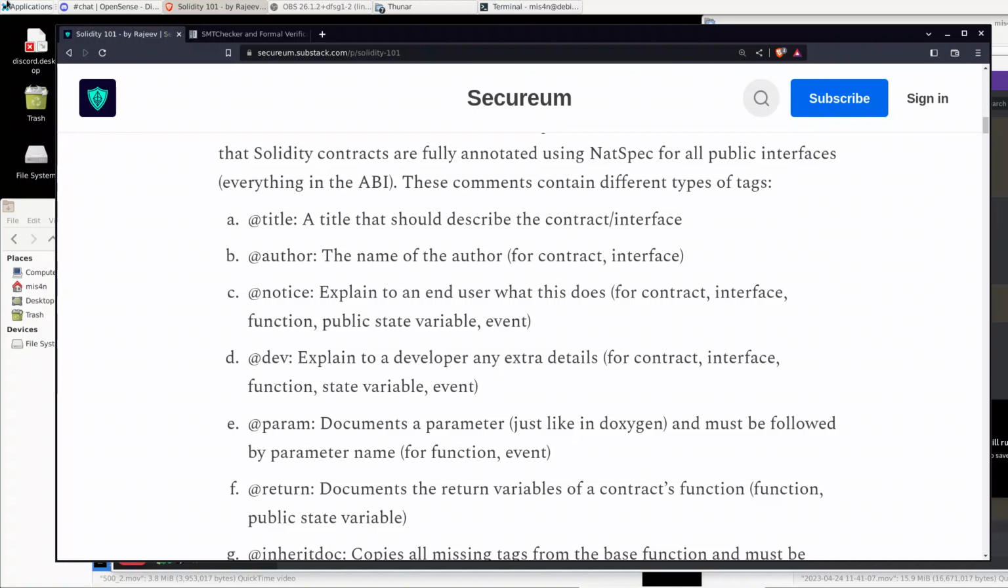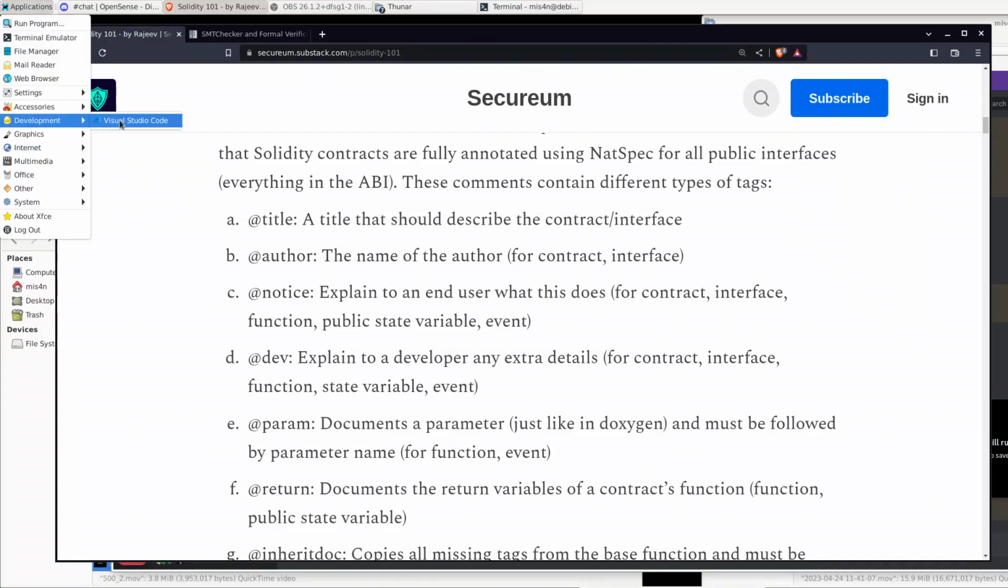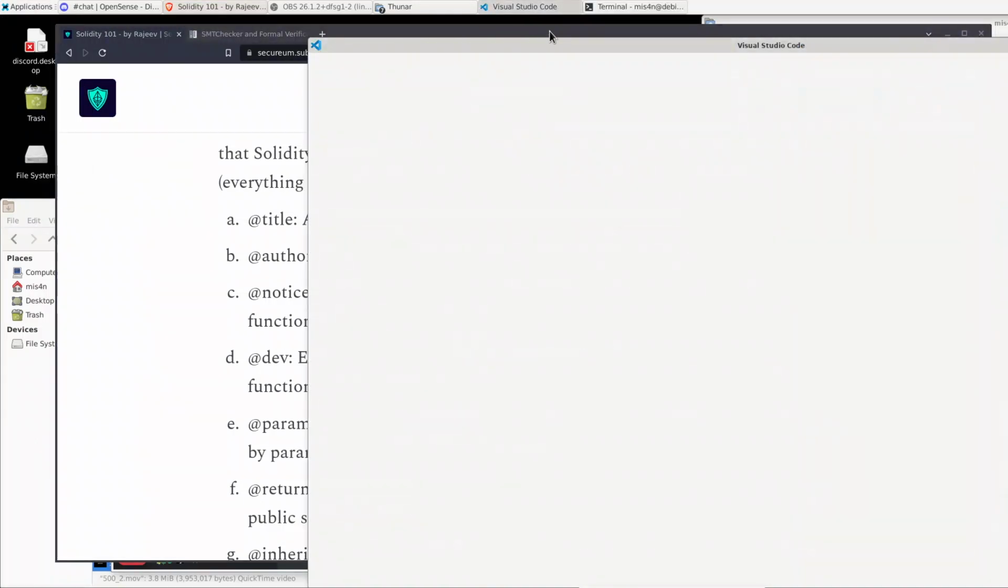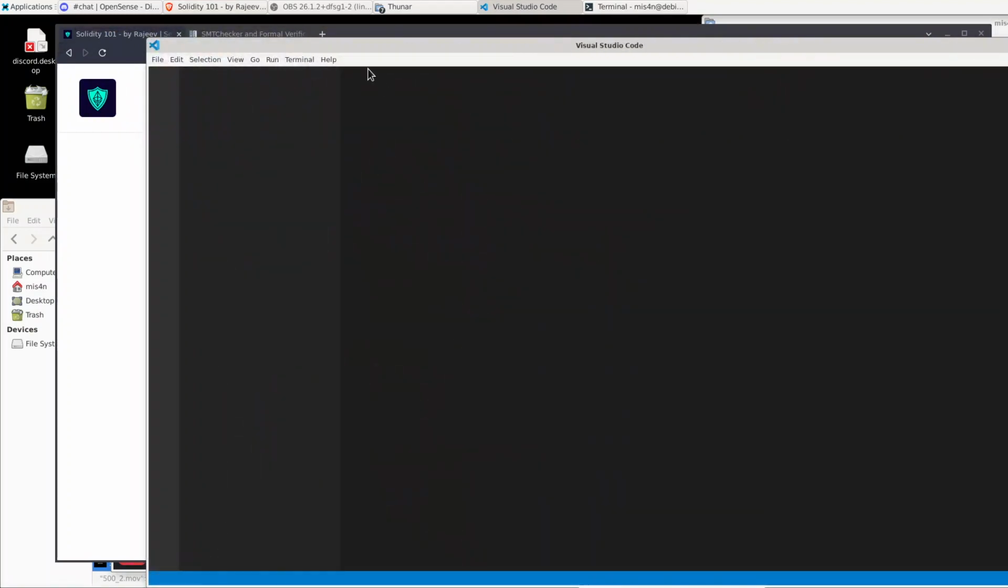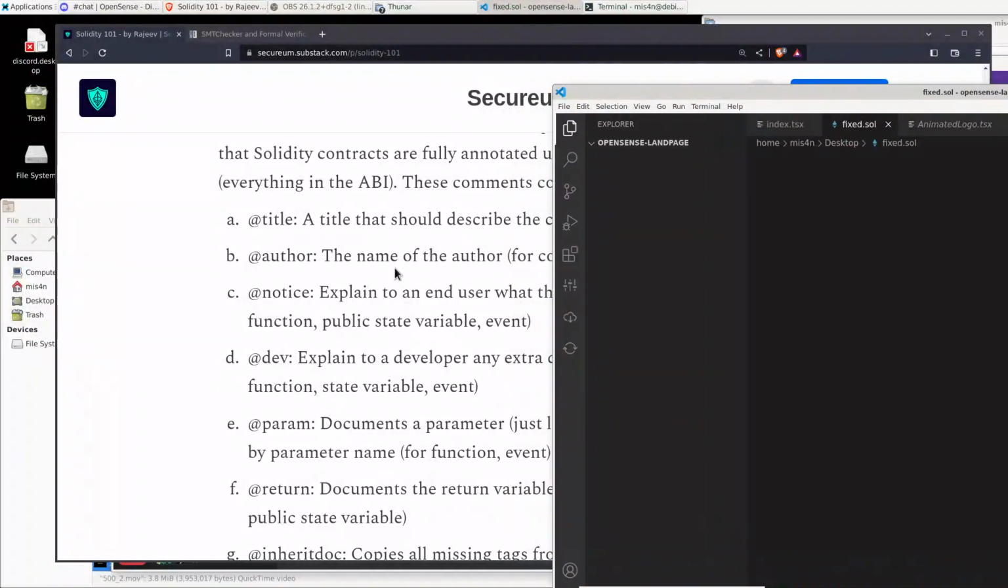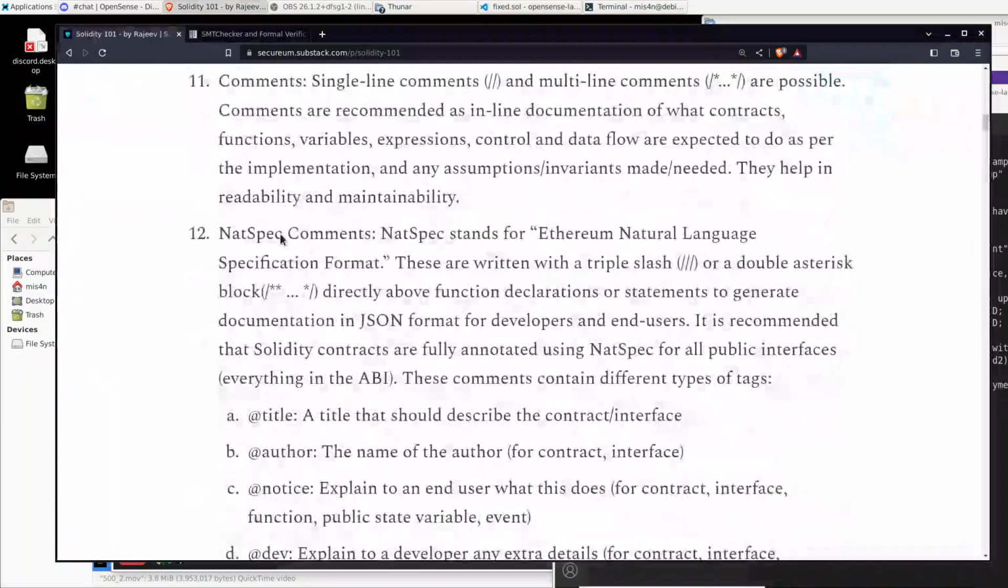I won't be reading all these things. I will just explain that to you really fast. So let me open a Solidity file. If you go on Google and search for NatSpec,